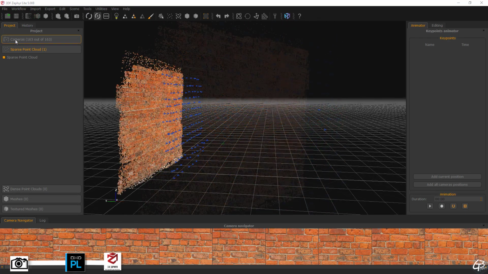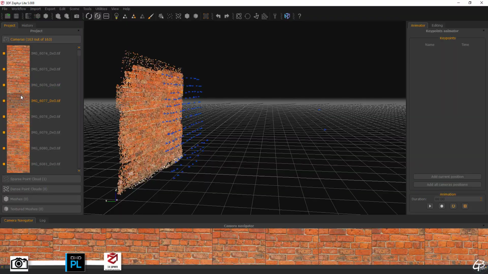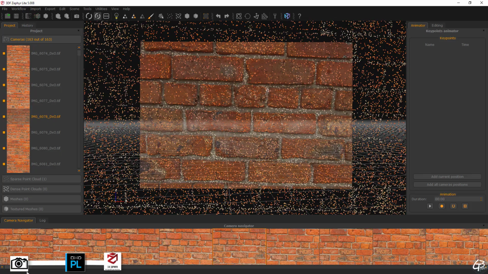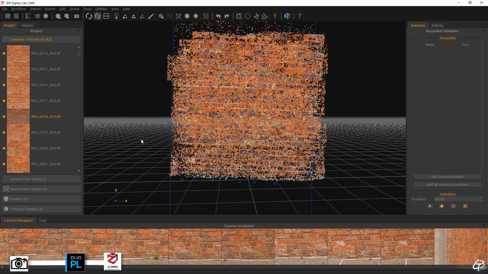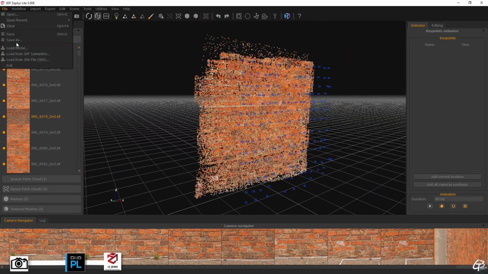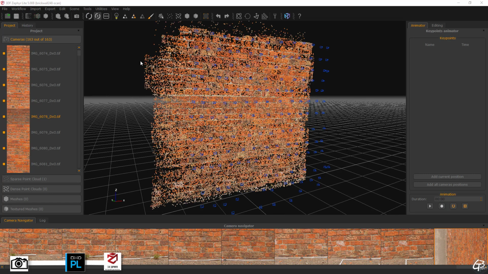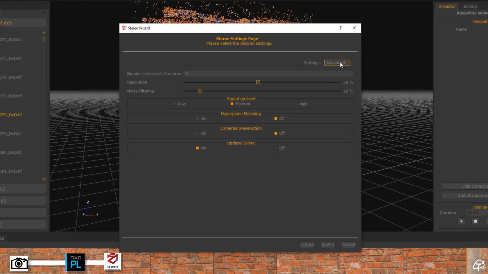In cases when we missed alignment for some, we can reorient them manually by hitting the right mouse button on them and proceed with a similar procedure. The only difference is that during this procedure we would need to select images which share some space with those non-aligned. Let's save the project now and proceed with actual photogrammetry reconstruction. To proceed with the reconstruction, we start another wizard. Same as before, we have 3 setting options: preset, advanced and a custom one.